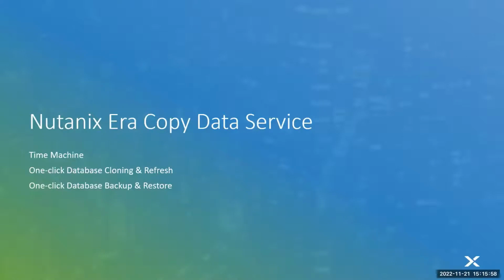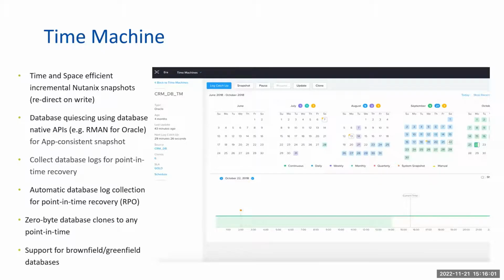Let's talk about the copy data service. As I said, Nutanix data snapshots are 0 byte. Whenever you take a snapshot or a clone, it's just 0 byte, because at the back end we use Nutanix snapshot technology, which is redirect on write. So it is a delta disk, which is immutable, and all the new writes will be written on the new disk. So it's completely 0 byte database clones. While taking the snapshots, the database will be quiesced for a matter of seconds, and it's totally negligible.